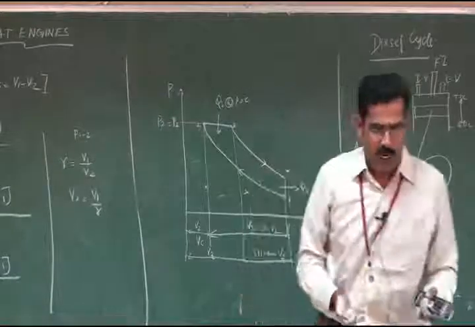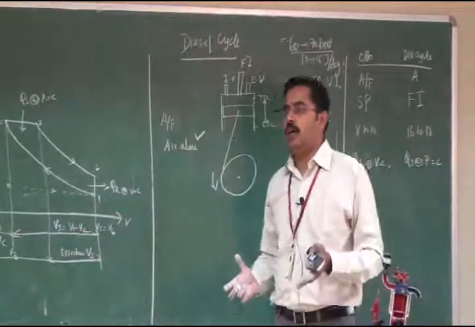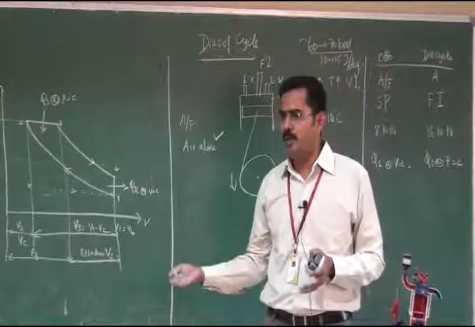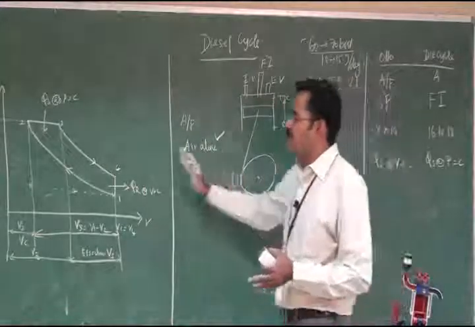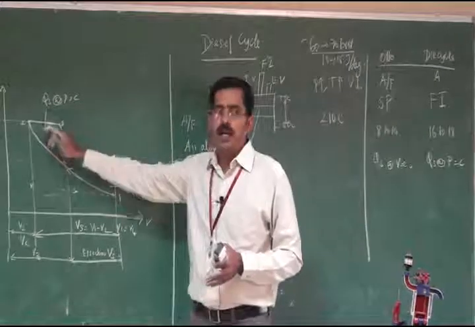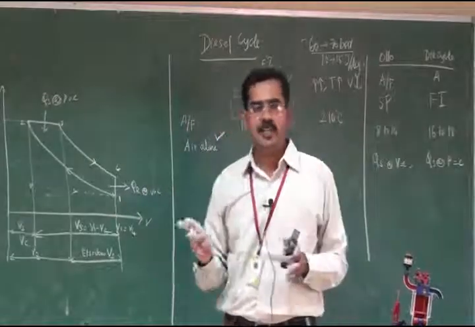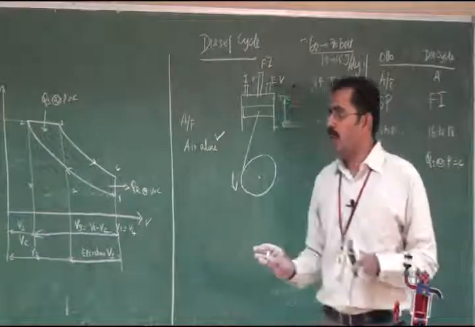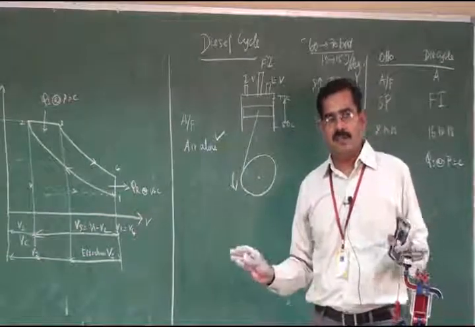Now I want to conclude this. The Otto and diesel cycle are mostly used for our useful purposes, and for the Otto cycle we saw the working principle, derivation, everything. The main difference between Otto and diesel cycle is the way heat is supplied, and that air fuel mixture is admitted into the cylinder in Otto cycle, and air alone is admitted in the diesel cycle. With this we conclude that the Otto cycle and diesel cycle are mostly used in our normal applications.